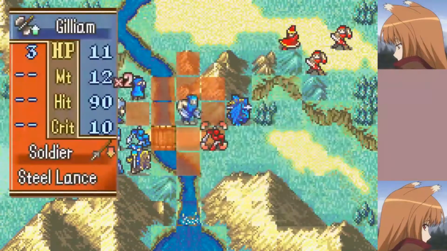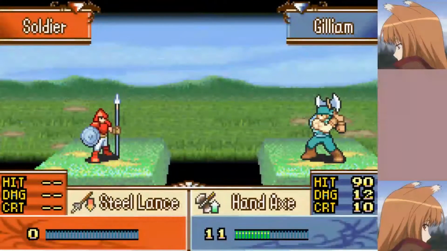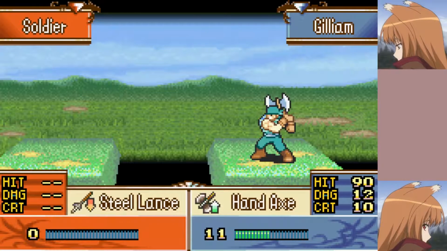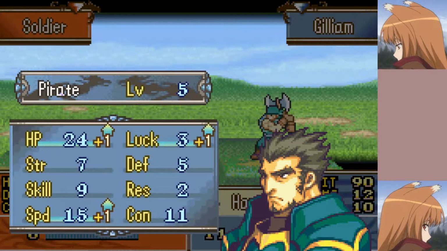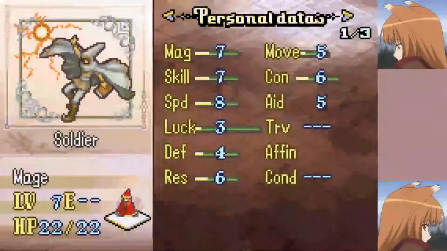And it does look like Tethys can't actually cross the river here, so I'm going to have to revise that a little bit. She can still cross the mountains, it just takes more time. Gilliam gets more speed. Never really expect speed on him. Obviously he's usually a knight, so...